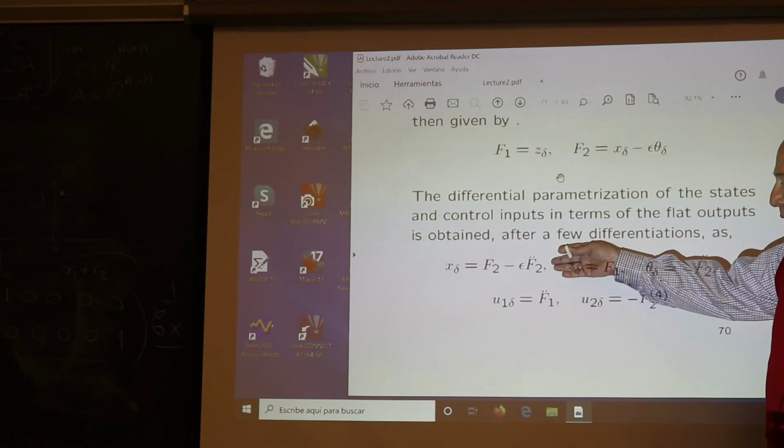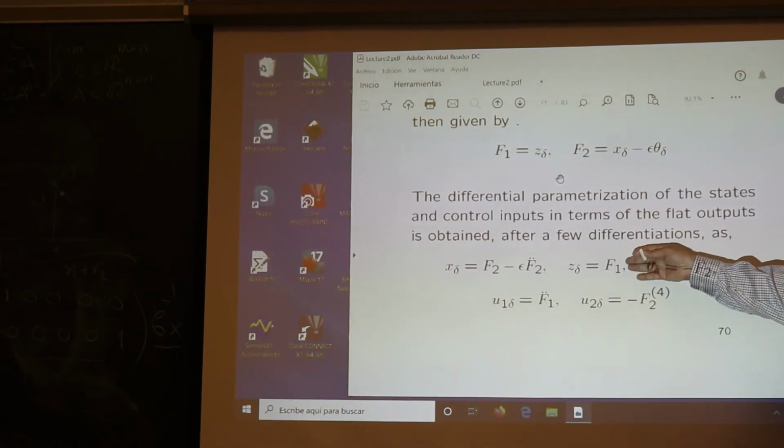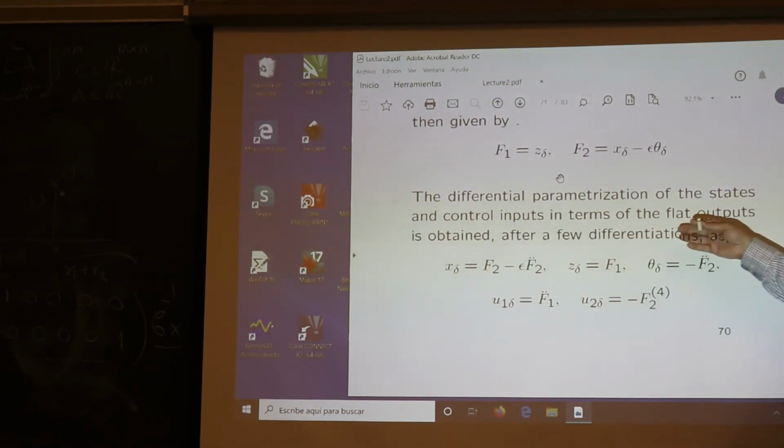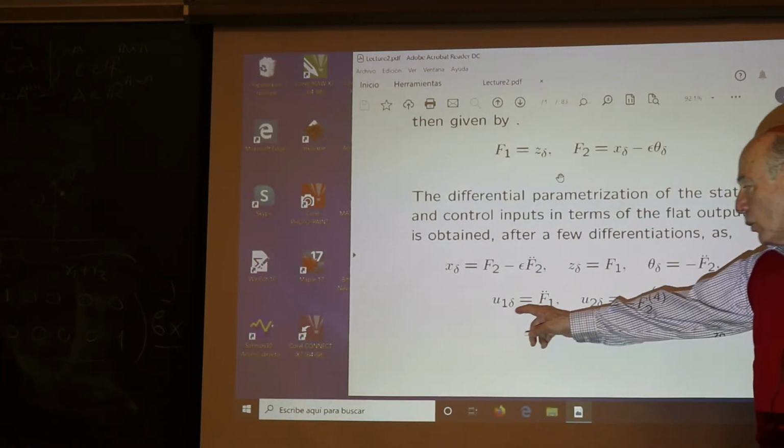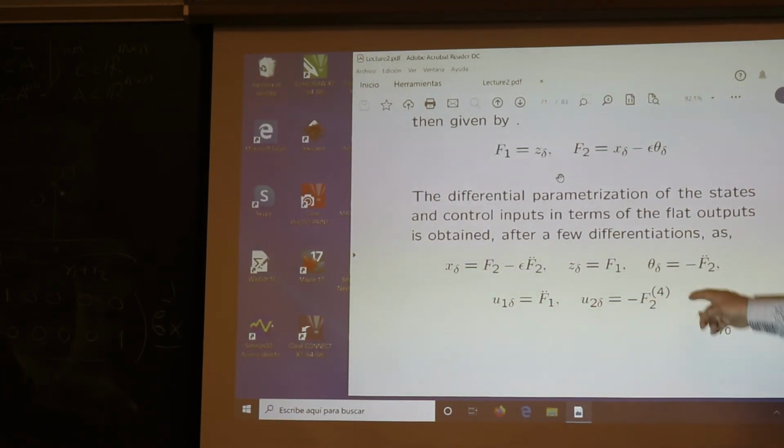X is parameterized by f2, z is parameterized by f1, which is sort of independent, and theta is just minus f2 double dot. And u1 is f1 double dot, and u2 is minus f2 to the fourth. The gain is very important here. So the gain here is negative. Now this system is